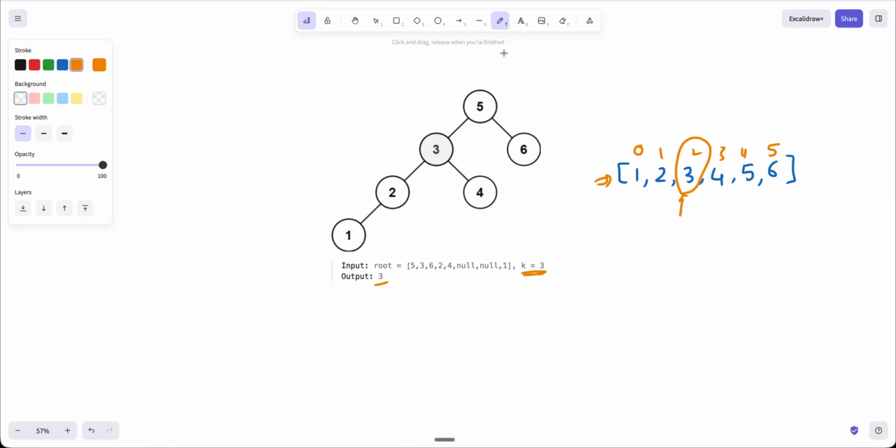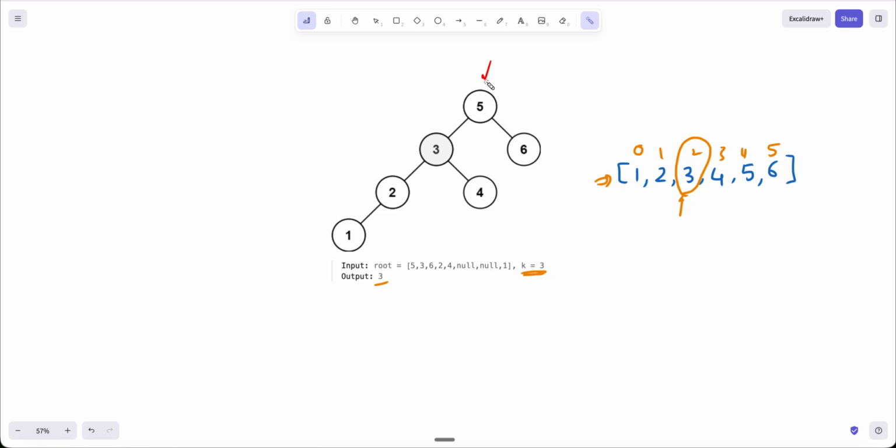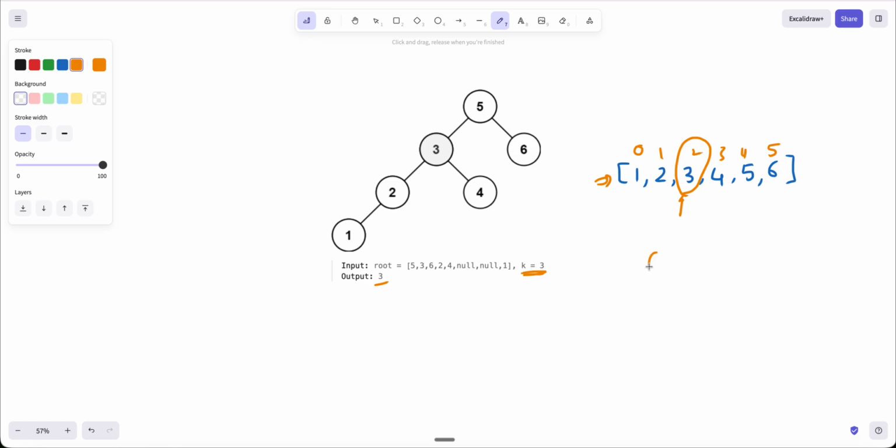So let me start again. I am here at 5. So I'll move on to the left. I move on to the left. I move on to the left. Okay, let me also add a count. My count